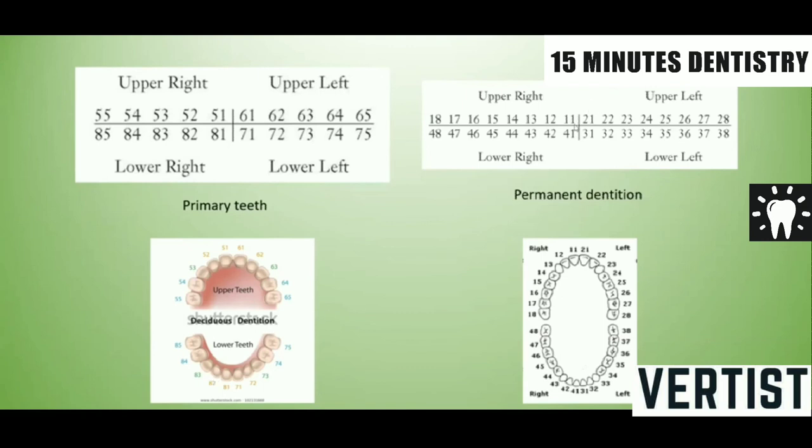In permanent dentition, again, the first digit indicates the quadrant number 1, 2, 3, 4. Again, it starts from the midline going backward. Here you can see 1, 3 indicates the upper right maxillary permanent canine, while 3, 4 indicates the lower left mandibular first premolar. For example, 3, 3 is the lower left mandibular canine, which is read as 3, 3, not 33.